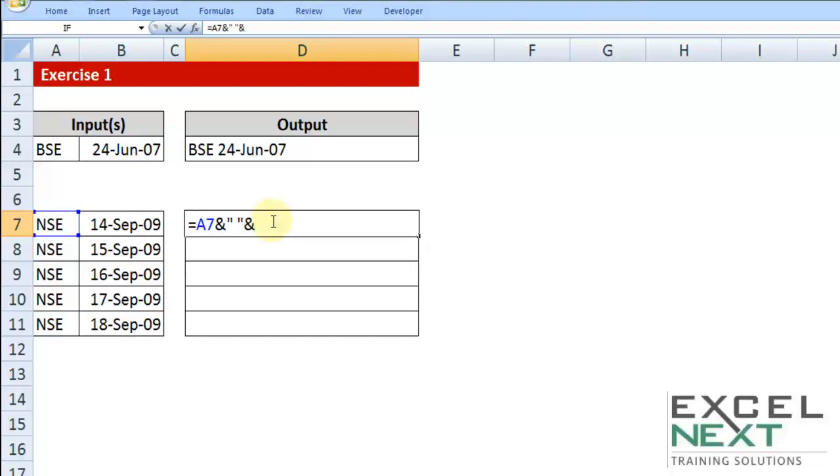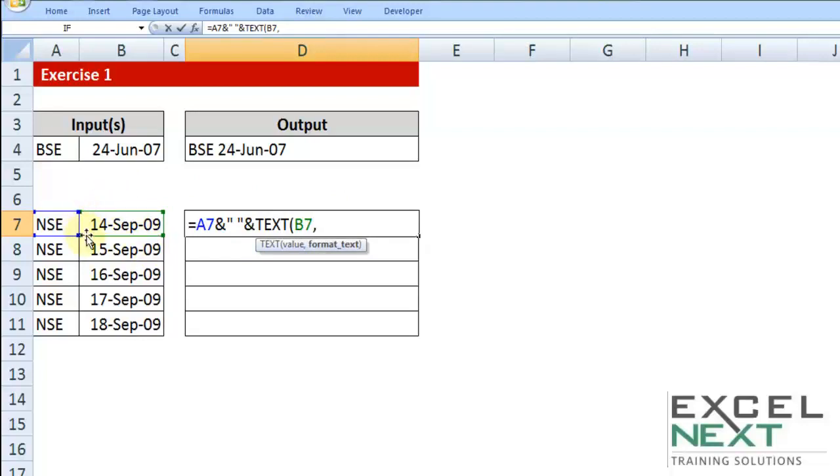Now to get the displayed values as the dates that we are looking at, I must use the formula text. This is something we've already used before in level 1 dates video. The text formula asks for two things. One, value of the date, and the format of the date in which you want to get it displayed.